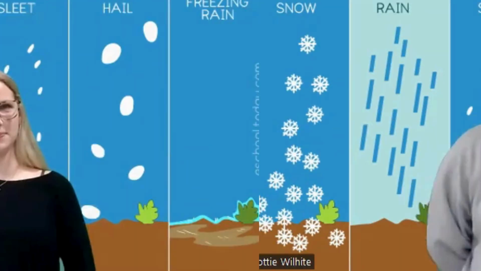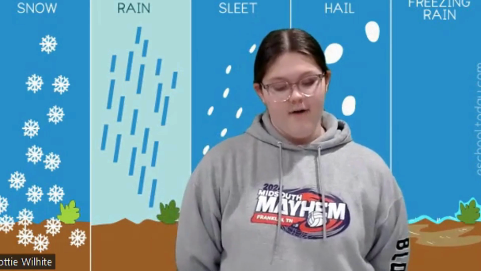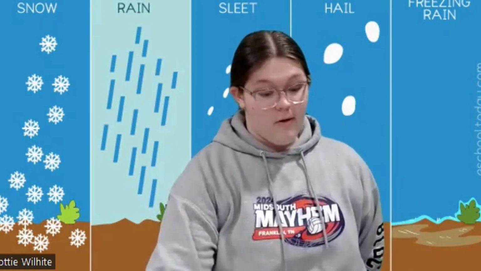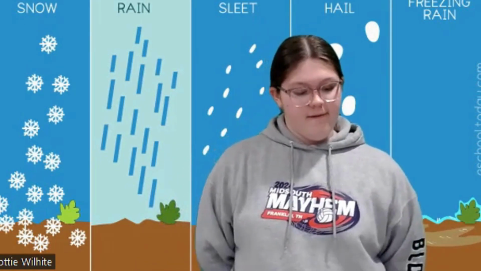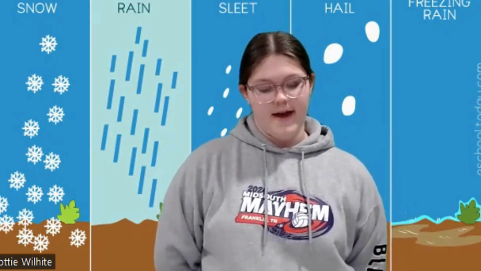its unique shape. Sleet. Sleet is formed when water condenses into ice and falls through a warm layer of air, then refreezes into small ice pellets as they fall through the colder layer near